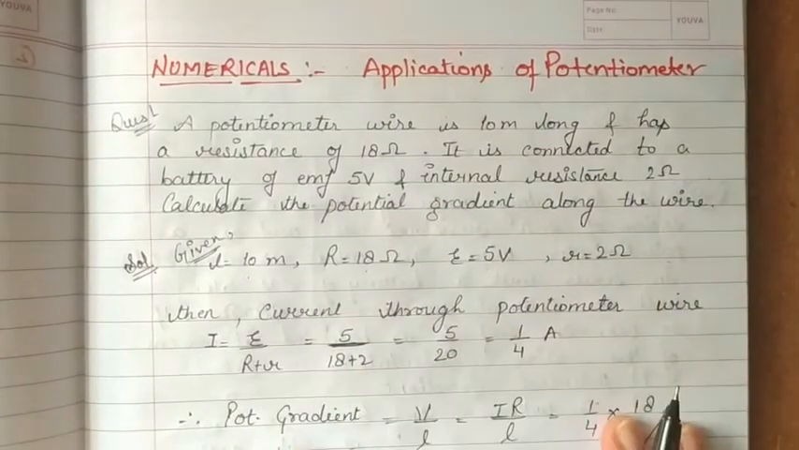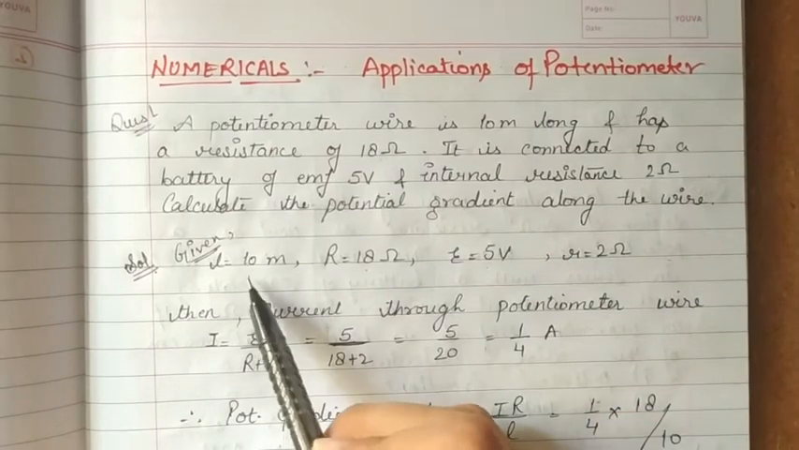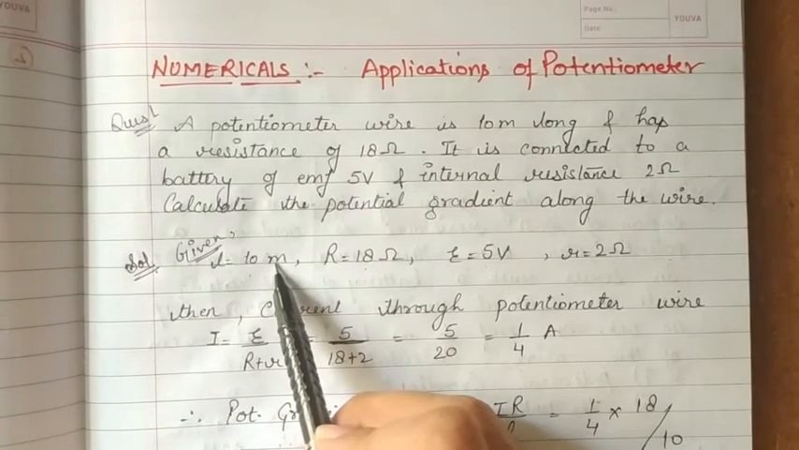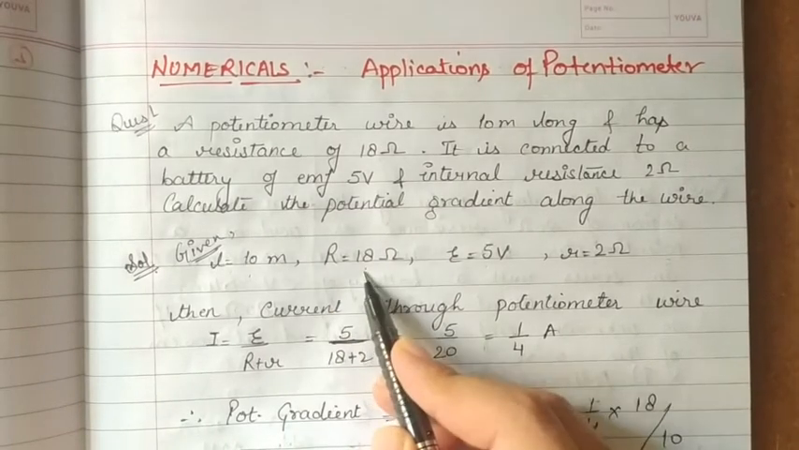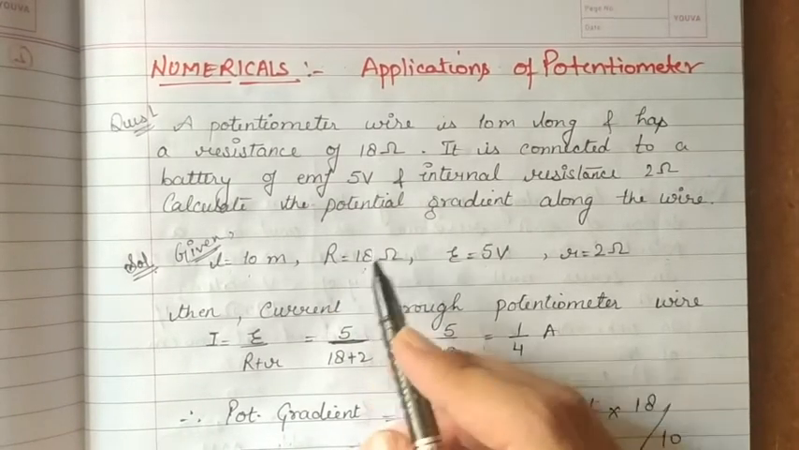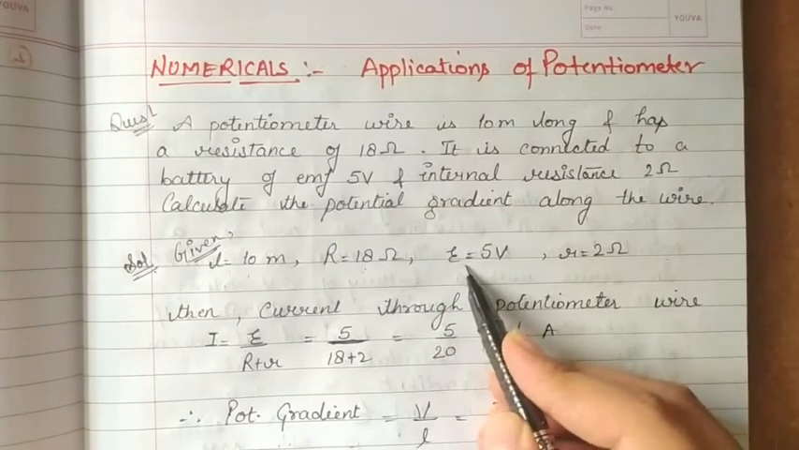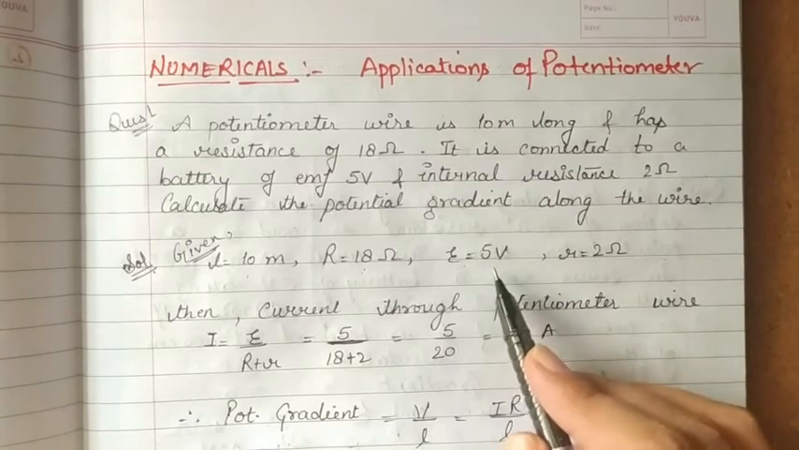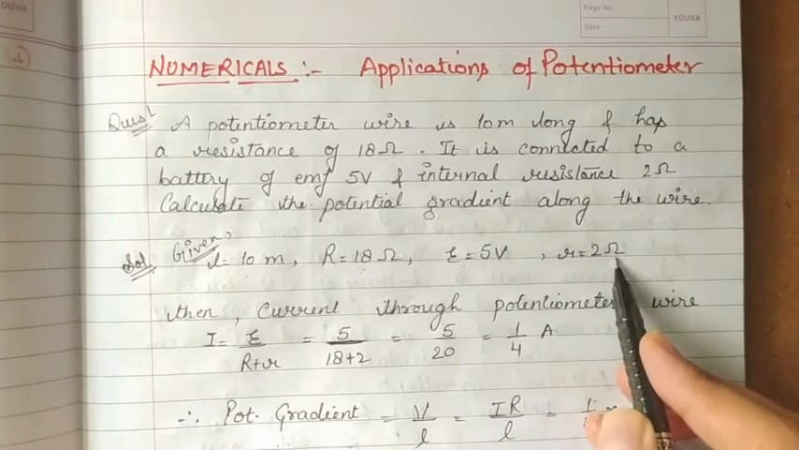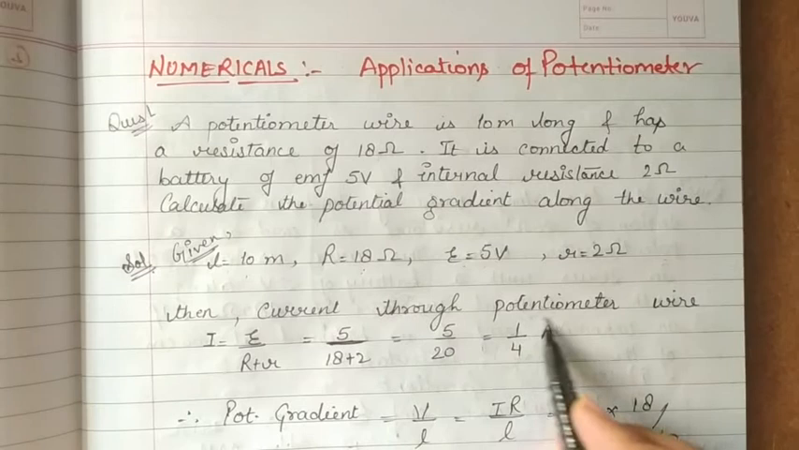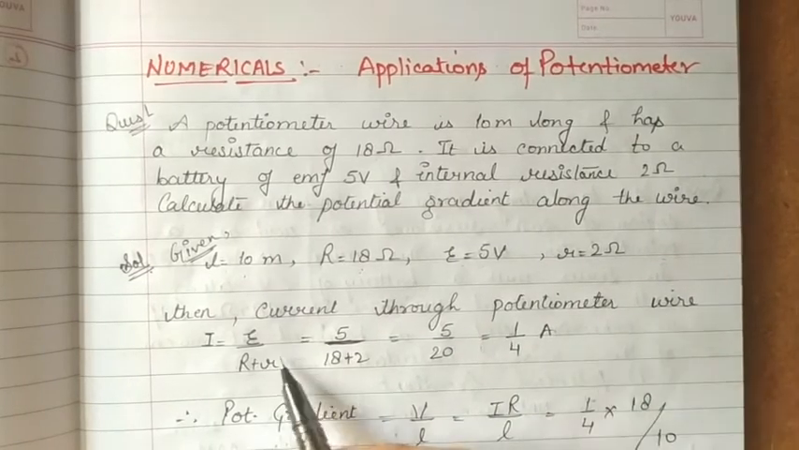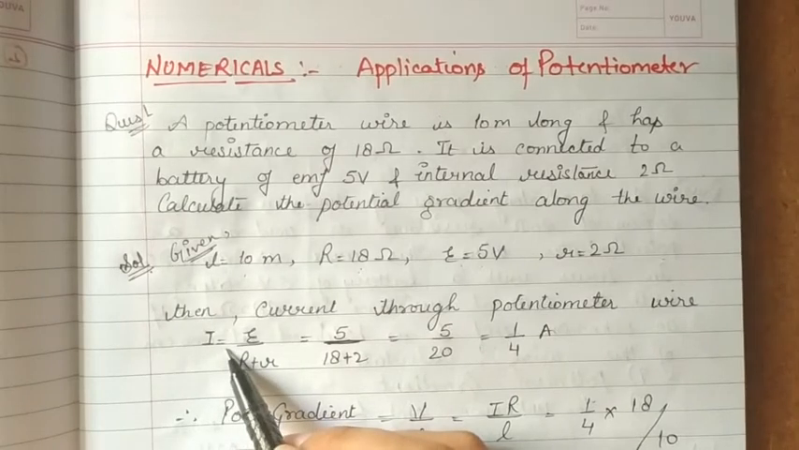So first we will see what is given in the question. So we have the length of the wire, that is 10 meter, resistance of the wire, that is 18 ohms. That wire is connected to a battery of EMF 5 volts and that battery has internal resistance of 2 ohms. Then the current through potentiometer wire, we know that the current through potentiometer wire will be current is equal to,